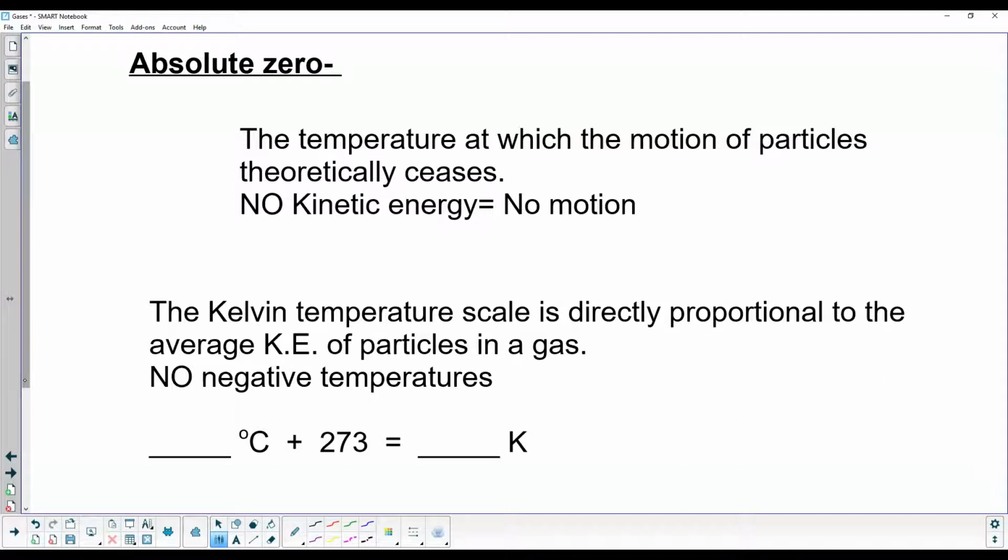With absolute zero, it takes care of that. It gets rid of all the negatives. There are no negatives because it gives the 0 point, this point where nothing's moving. No particles are in motion, and there can't be less motion than no motion, so it's called absolute zero. It's the absolute lowest temperature. And like we said, a degree Kelvin is the exact same size as a degree Celsius. So to convert, all you have to do is take Celsius plus 273, or vice versa.